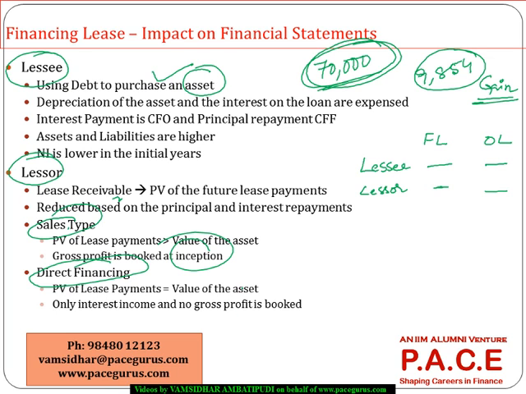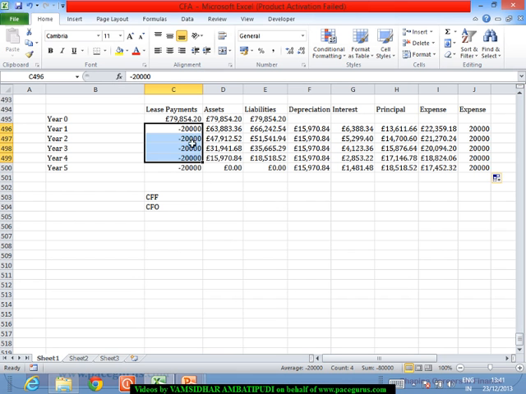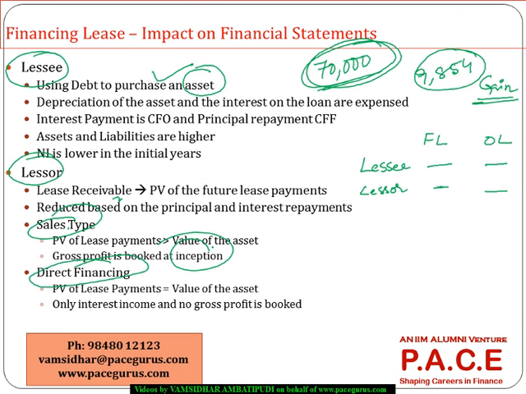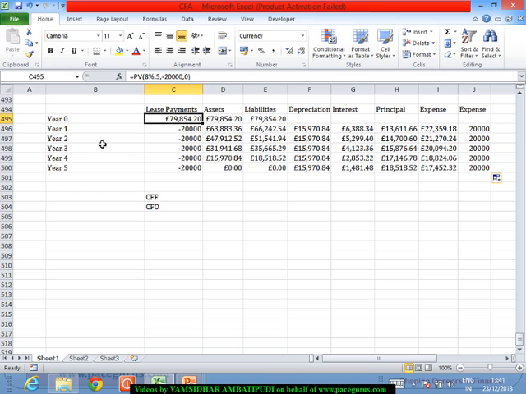When he is talking about a direct financing lease, the value of the asset is exactly 79,854, meaning it is directly purchased and leased at that same price. So in that case, there is no direct booking of the profit in the initial year. We will start looking at only the interest in each of the periods. Now, the same logic, when this much is payable by this person, right? This much is receivable. Now when I look at it from a lessor's standpoint,